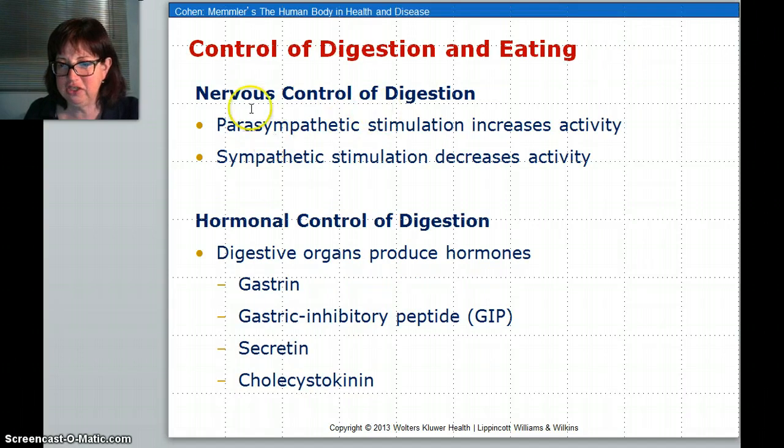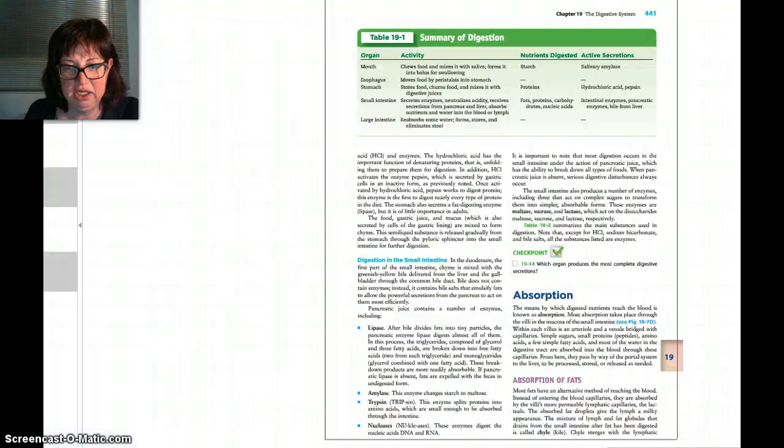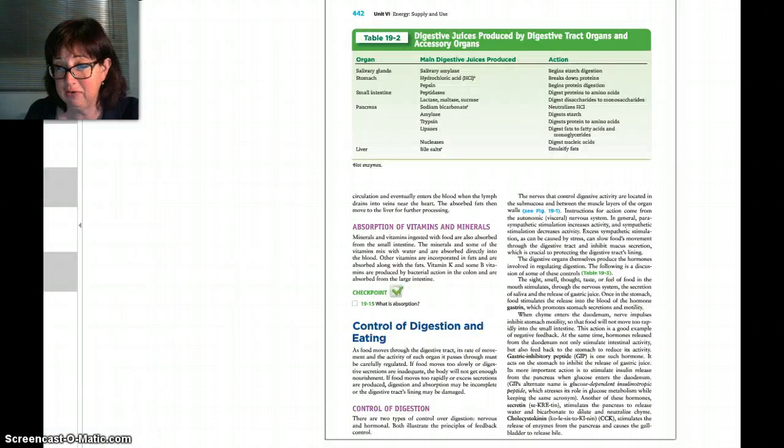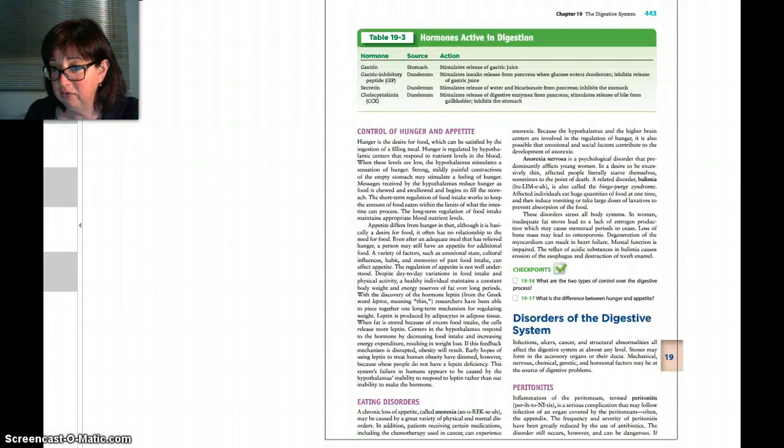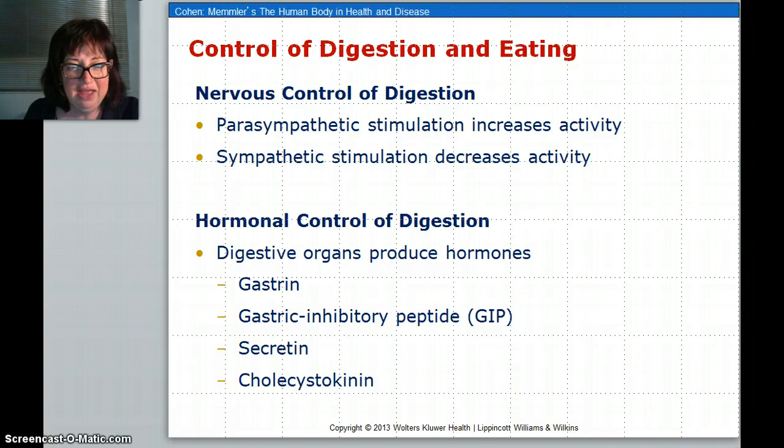Let's look quickly at nervous control. Nervous control, parasympathetic increases, sympathetic decreases. There are some hormones, gastrin, gastric inhibitory peptide, secretin, and cholecystokinin. These are outlined in the textbook because I'm running out of room here. Gastrin, here they go. So gastrin is stimulated by the release of gastric juices, and the rest are there. Please know that. I just want to make sure. And that's pretty much it for the digestive system. There are some disorders, but I just need you to know that they are the same ones for this